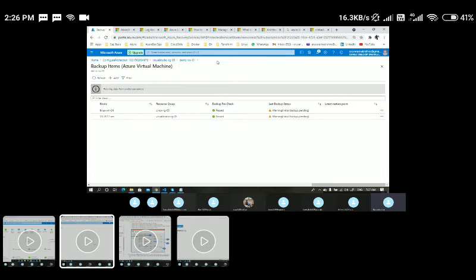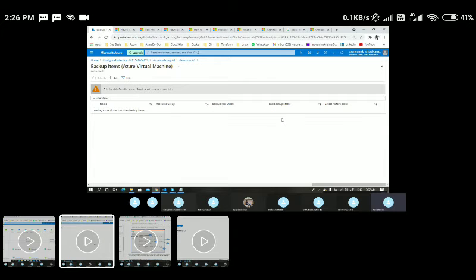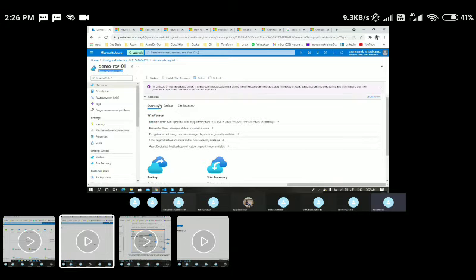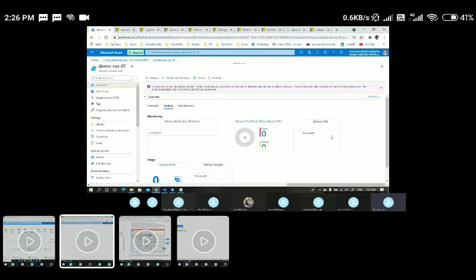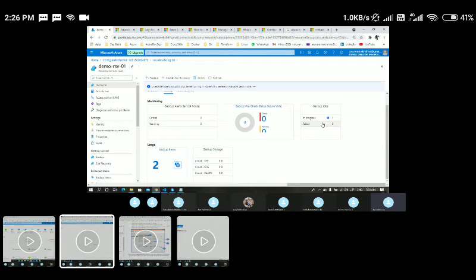At this moment, we have initiated the initial backup. If I come back and refresh, here you will be able to see the status. Okay, let's see. Backup is triggered. It may take some time to reflect the changes here. And if you wanted to go back and see the monitoring, just go back to the recovery services vault again. Go to this particular backup service, and here in progress you will see one now, because I initiated the backup immediately, and it will show the progress one. And if there are any errors or failures, it will show the details here.